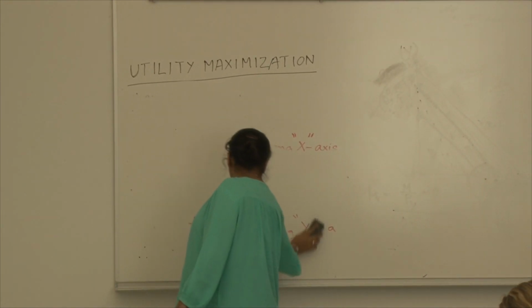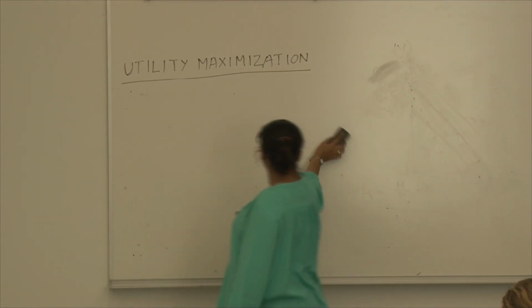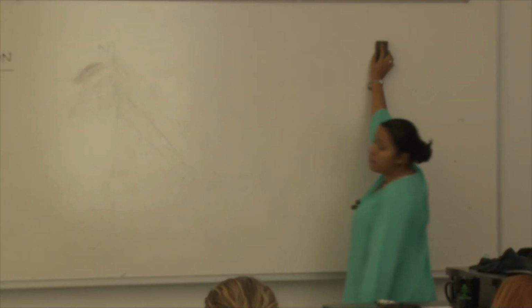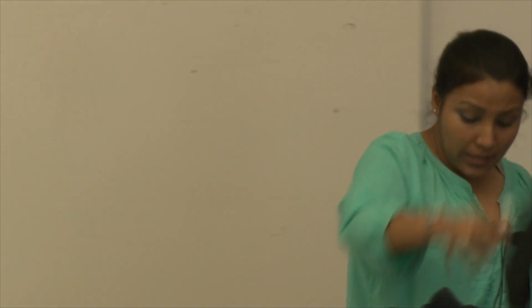Now, coming to optimum consumption bundle. So, this was about budget line. We are done with budget line, we know what is the slope of the budget line, and we know how the price of the two goods and my money income can affect my budget line. Okay. Now, the next part is,